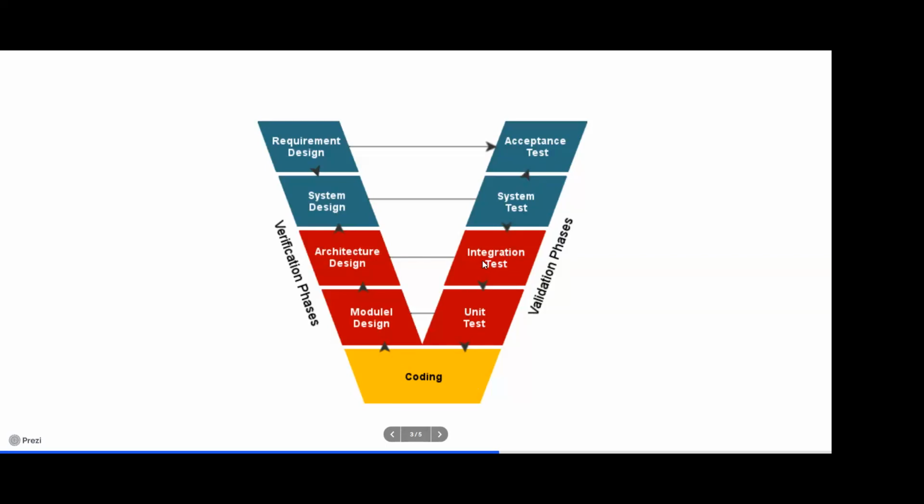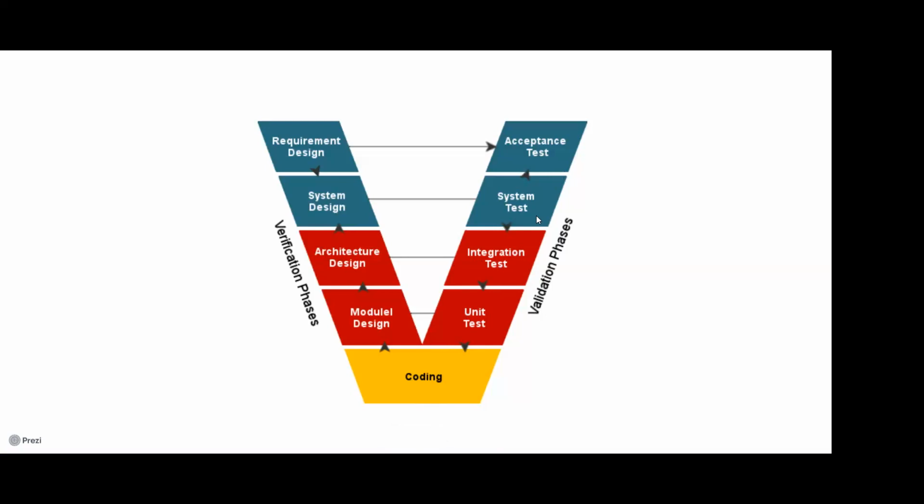And next, integration testing. What is integration testing? Individual modules are grouped together and tested by the developers. The purpose of integration testing is checking whether the modules are working fine as expected once they are integrated. That is integration testing. And next, system testing. System testing is nothing but testing the entire system.